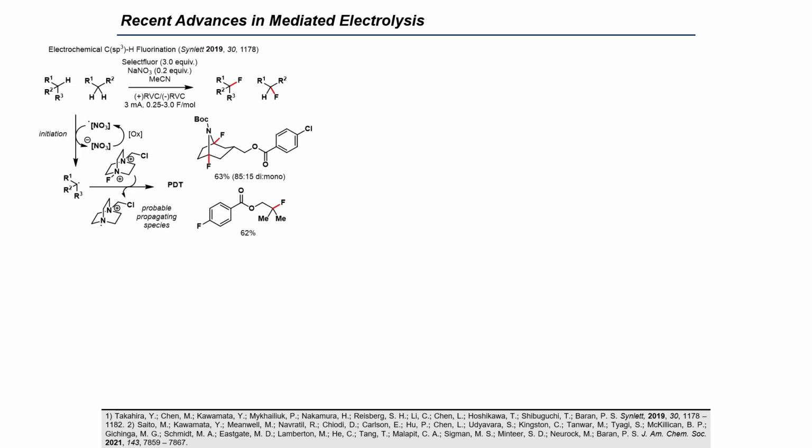Outside of the classical mediators we talked about on the previous slides, there are many other species capable of mediating redox transfer. The Baran lab found utility in a nitrate-based mediator for an electrochemical C-H fluorination. Mechanistically, this proceeded via oxidation of nitrate to its corresponding radical species, which is a potent hydrogen atom transfer reagent. This species then generates a carbon-centered radical, which is subsequently trapped by Selectfluor to afford the alkyl fluoride product,